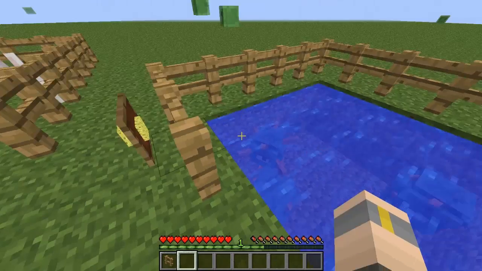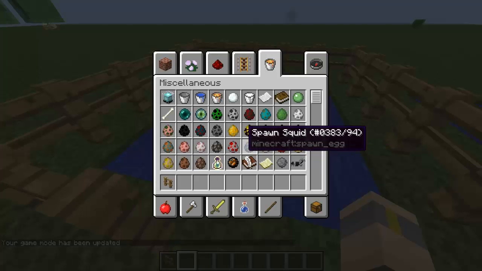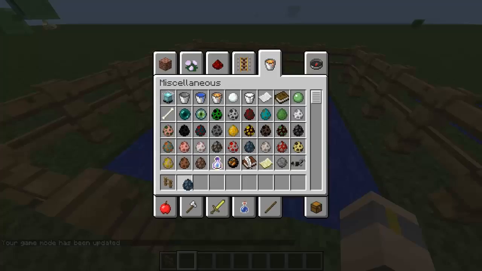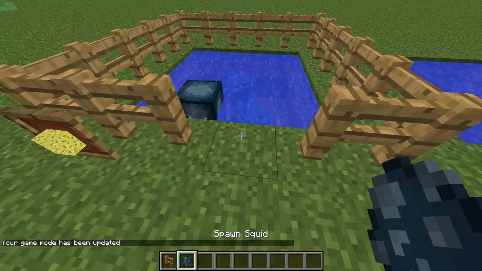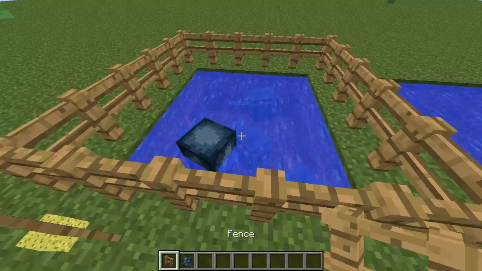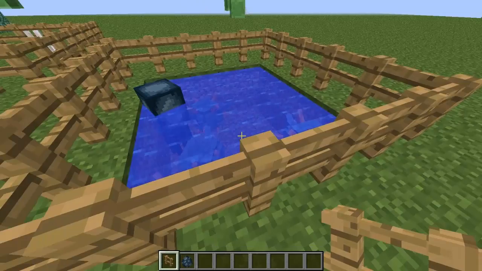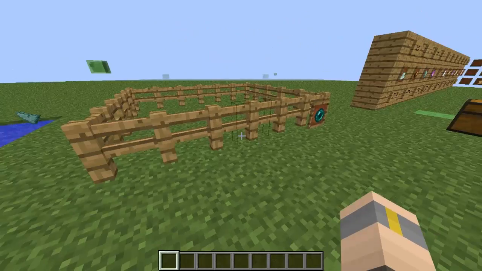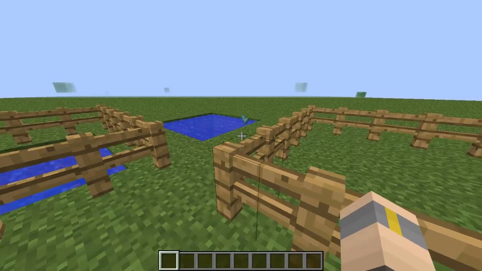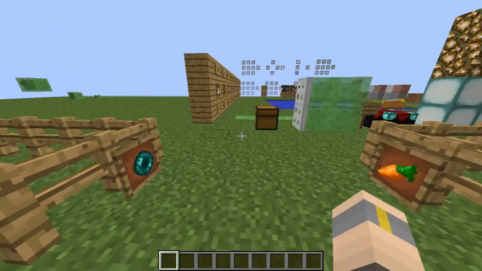No idea why he stopped attacking me, but sorry for that silence there. Also, if we put squid in here with them, they hate squids with a passion, and they will likely kill that. We'll just take my word for it, because it seems to be dragging on a little bit. Oh, all my endermites have disappeared. I'll let you know what they drop later. My endermites have disappeared, so let me just...